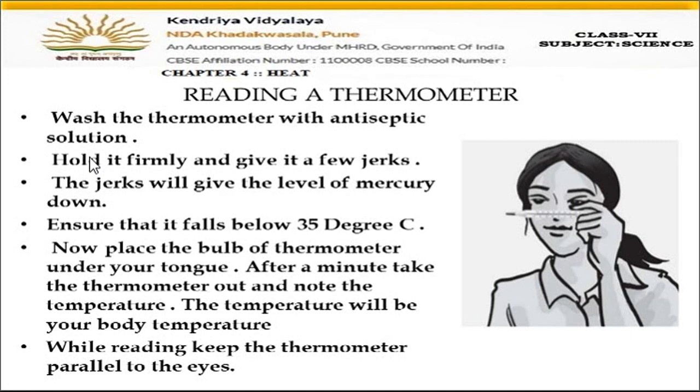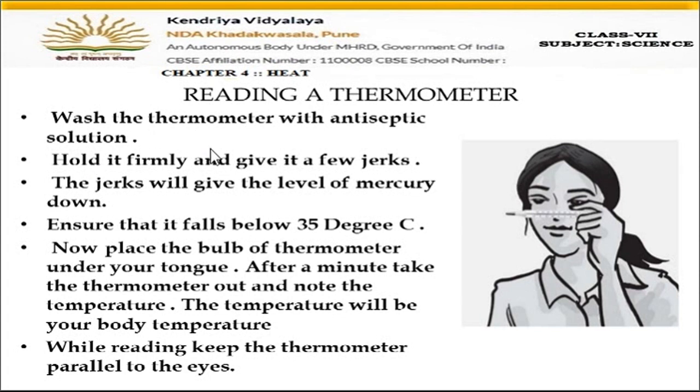But nowadays you can see at every house you will find digital thermometers. Digital thermometers directly give you the readings. You cannot see the mercury going up and coming down like that. It is digital, meaning it directly shows the numbers on it. So digital thermometers cannot be washed. They are electrical, so if you wash them with water or any antiseptic solution, they will be damaged. So washing is only for the manual thermometers, which have the mercury moving up the narrow tube, which I have shown you. That one can only be washed.